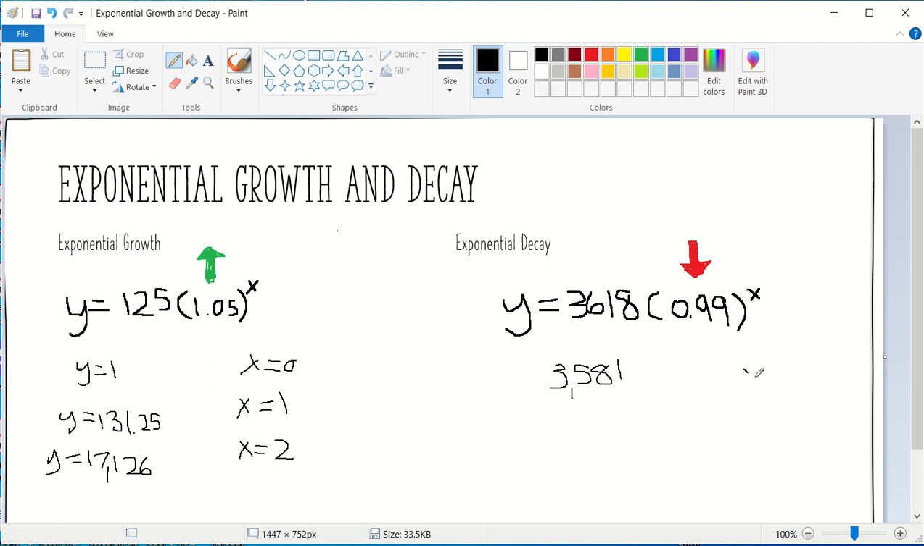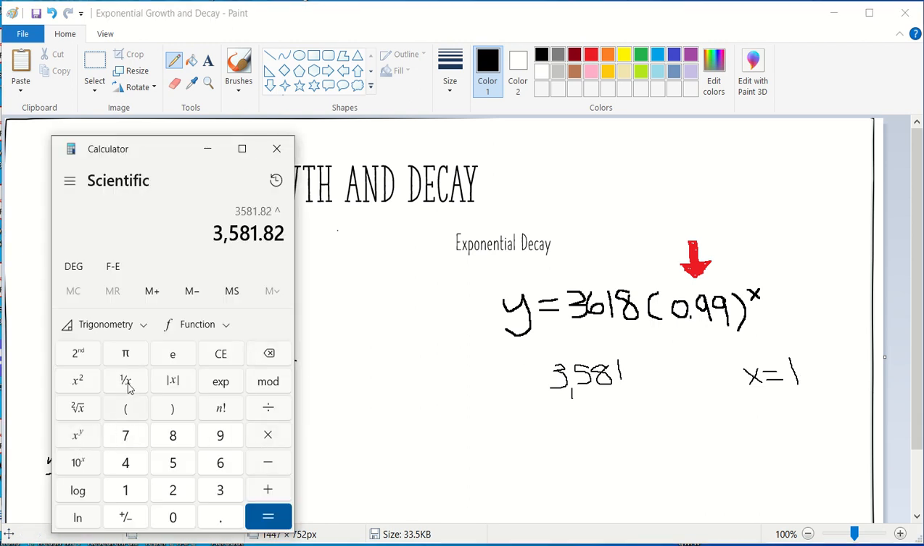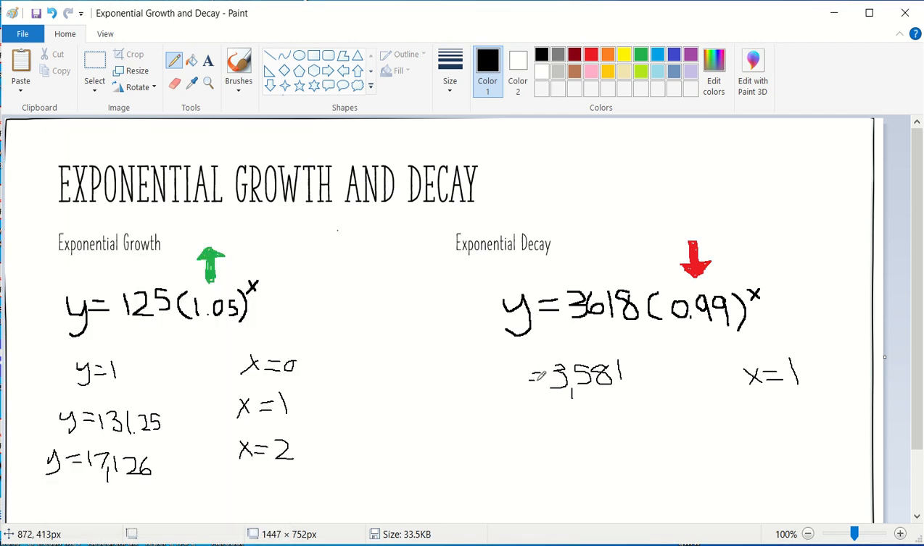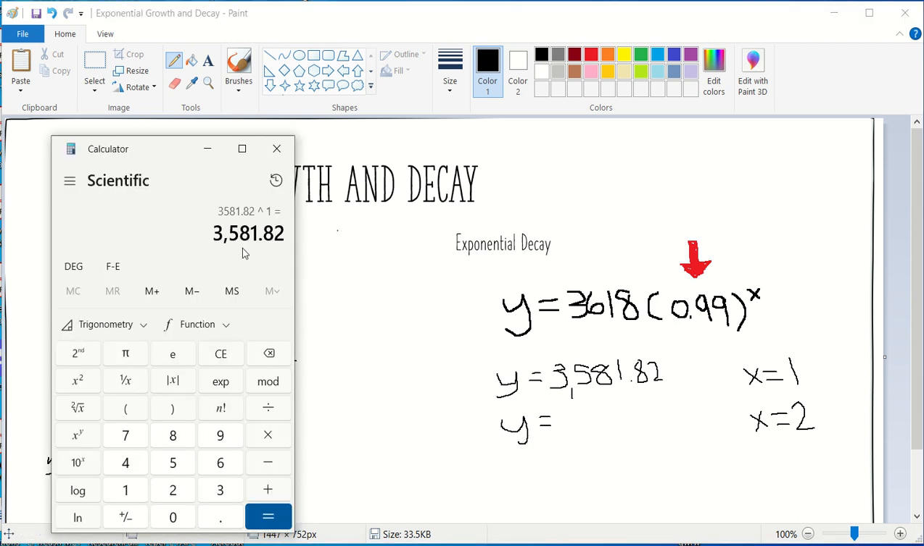Okay, and we'll make x equal to 1. So to the first power, and that's what we got. If x is equal to 1, y is equal to 3,581.82. Now we're going to make x equal to 2, and we'll see if we do our calculations correctly, the number for y should actually go down. So let's check out and see what we got. We know it is 3,581.82. Then we'll take it to the second power. And sure enough,